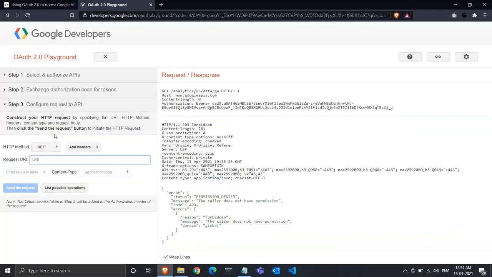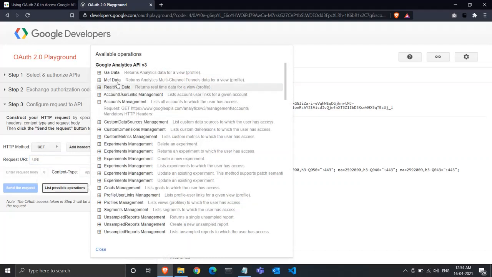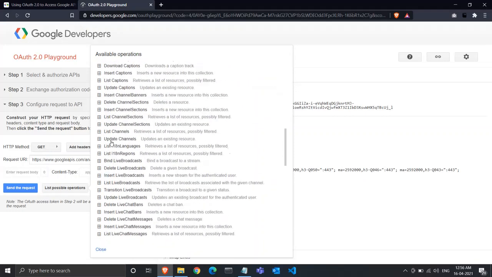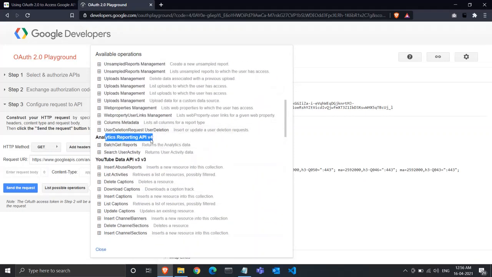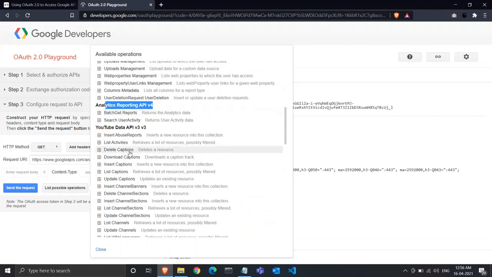Now in the next step, we'll send a request to the API endpoint, and we have our access token and refresh token. So using the access token, we'll send the authorized request to the endpoint, and let's see if we can get any data. So the scopes that we defined in the earlier step, Google Analytics API and the YouTube Analytics API, these are all the endpoints that we can send a request to and will get our desired result.